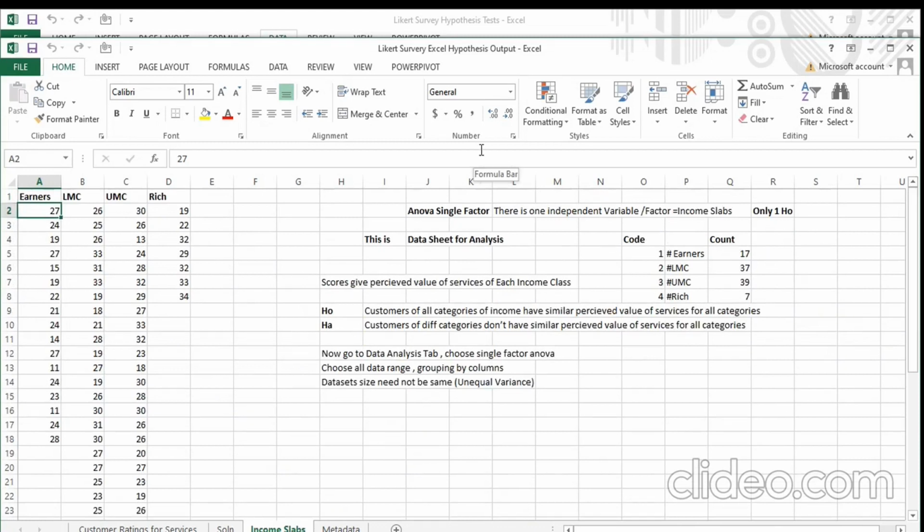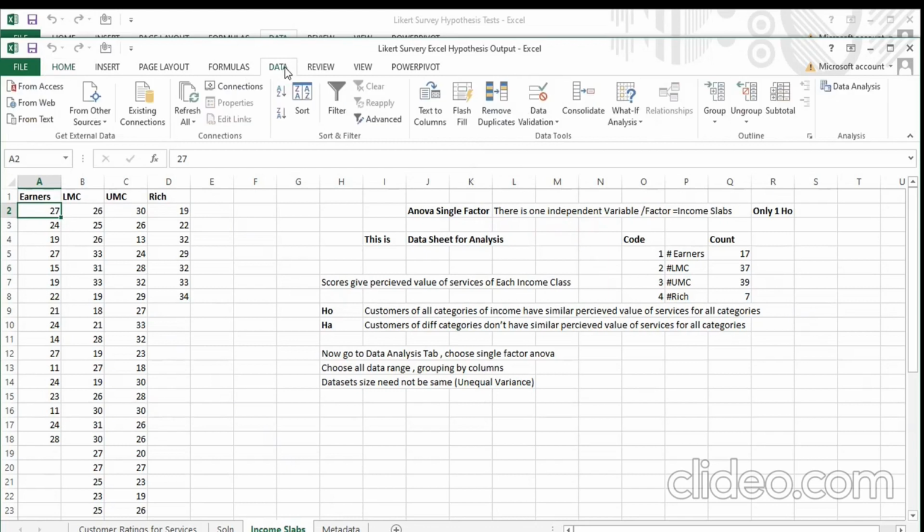The null hypothesis is that customers of all categories of income have similar perceived value of the services of the bank. The alternate hypothesis is that customers of different categories, that is different income levels, don't have similar perceived value of the services of the bank. Now I will go to the data tab,